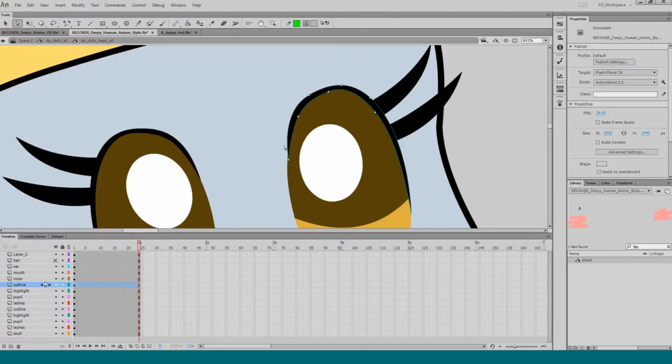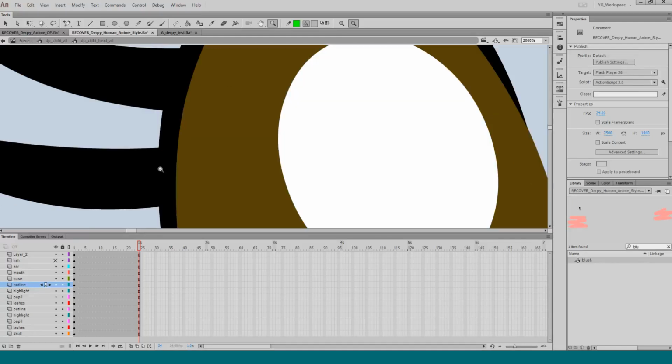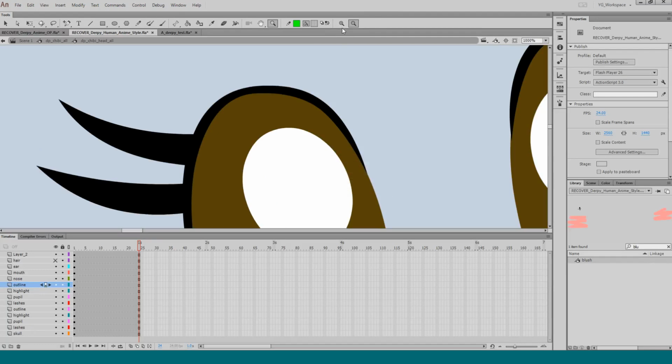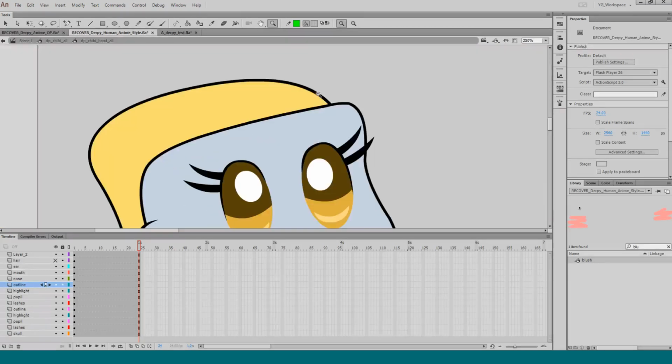Oops. Yeah, this is a bit fiddly doing this. I wanted... oh, and zooming in. Oh, wait. Oh, okay.